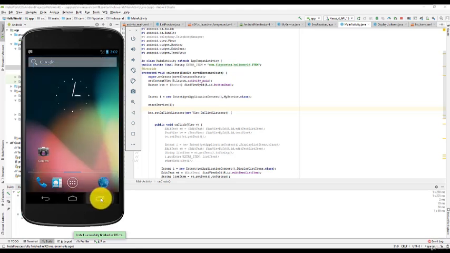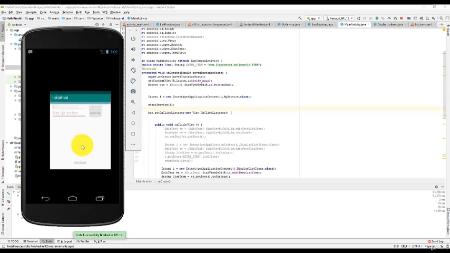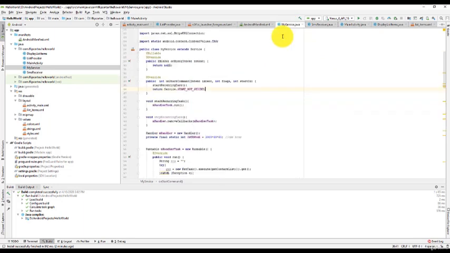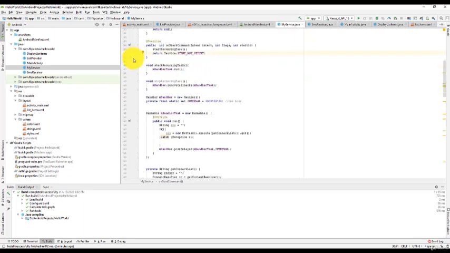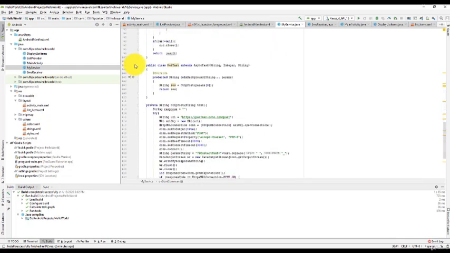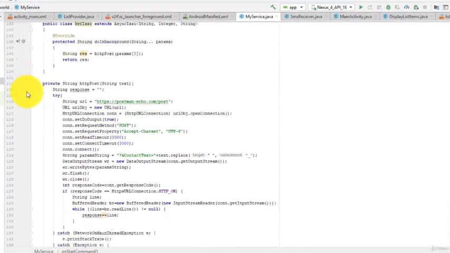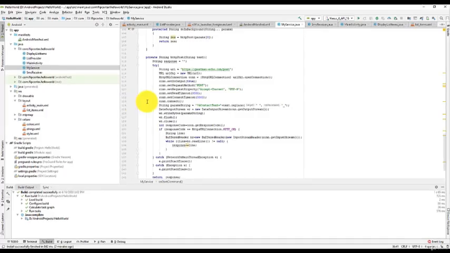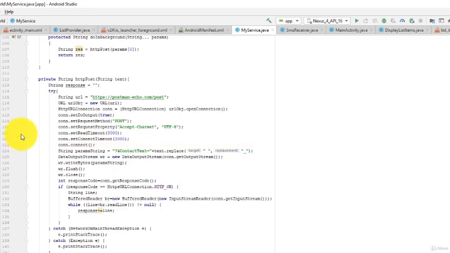Now finally, let's see an interesting feature in Android Studio. So for debugging, we can add breakpoints. This means that you tell your app to stop at that point when it reaches that code. And you can analyze everything in code at that specific point. Okay, so to do this, we just click here to add the breakpoint. Let's add it in the HTTP post. Then we run using debug.